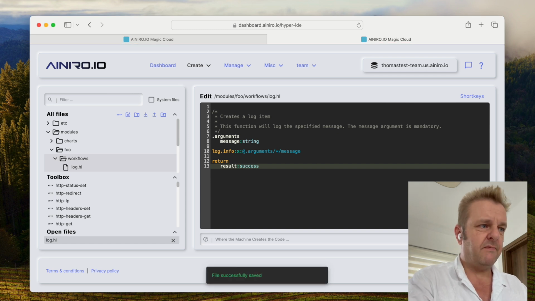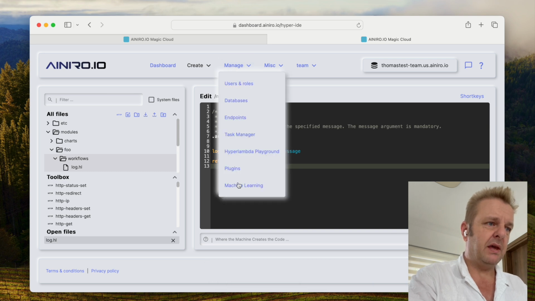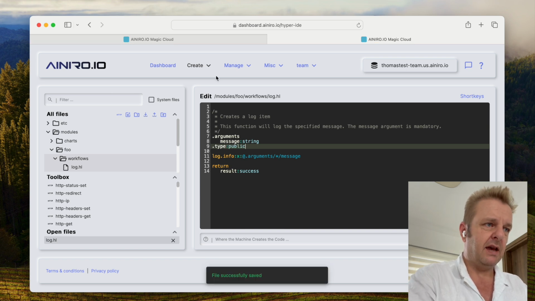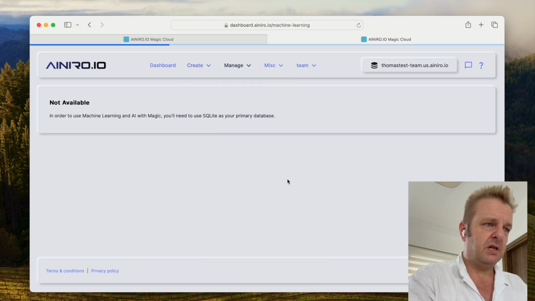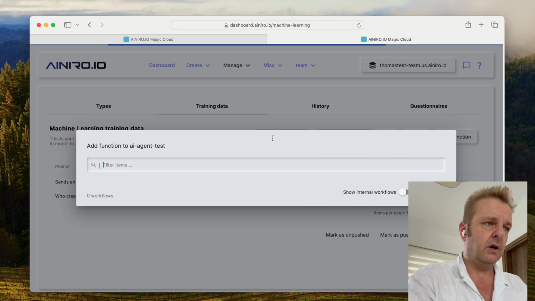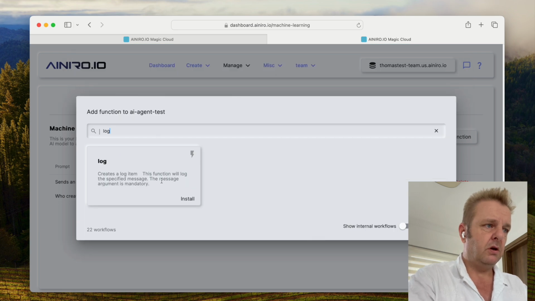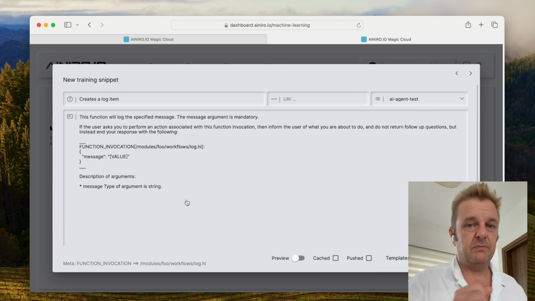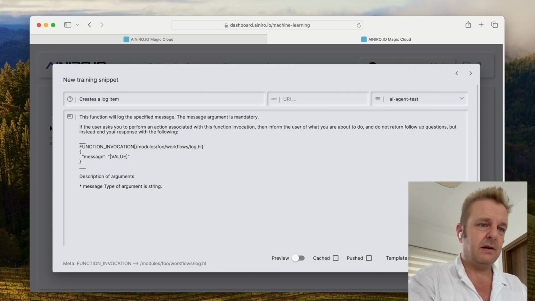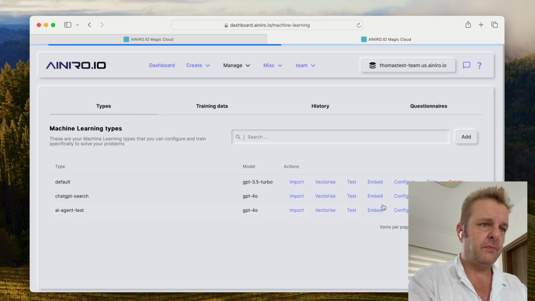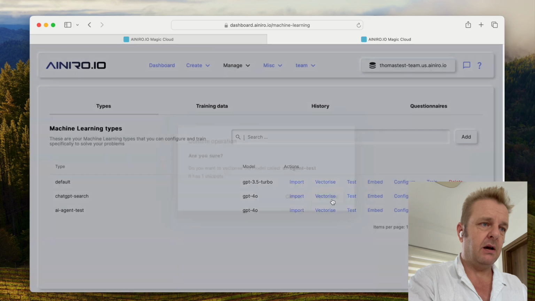success. Now if I save this and go back to manage, and actually before I go back to manage, I need to make sure its type is public. Save it. Now I go back to machine learning, go to training data, filter on the type here, I click add function, I filter on log. You will see all of a sudden I now have a new AI function I can declaratively use in this particular type. If I save this, I close this, I go back to types, I vectorize the model,